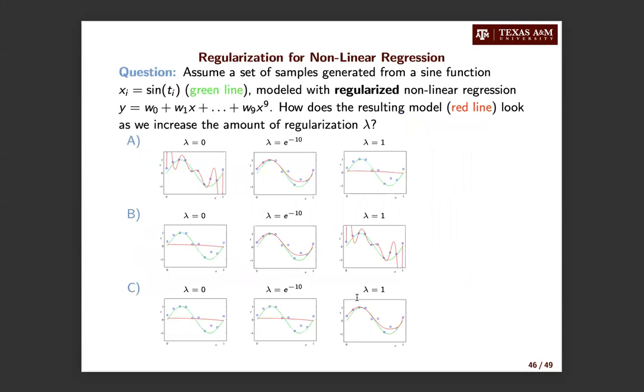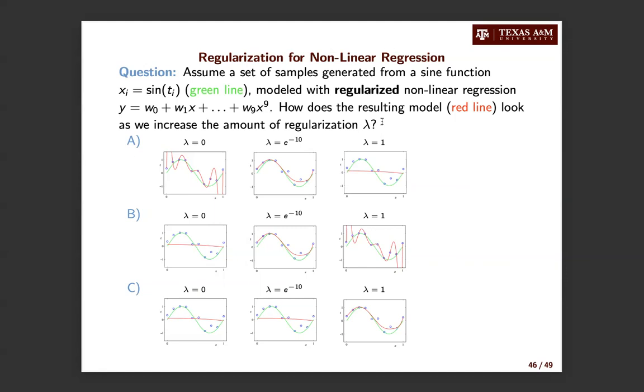Now here we have another small question. Assuming a set of samples that are generated from a sinusoidal function, the same sinusoidal function that we have seen, but now we are performing regularized nonlinear regression with a 9th order polynomial. So the question here is, how does the resulting model in the red line look as we increase the amount of regularization? Again, let me remind you that the more we increase the amount of regularization, the less complex our